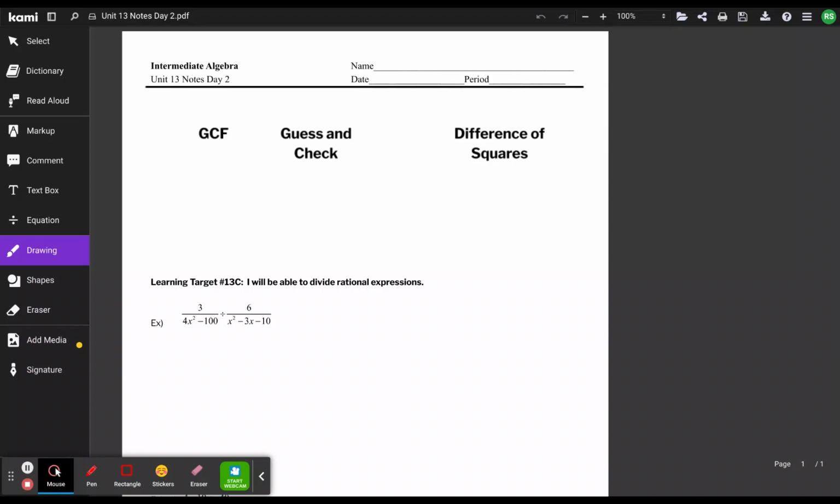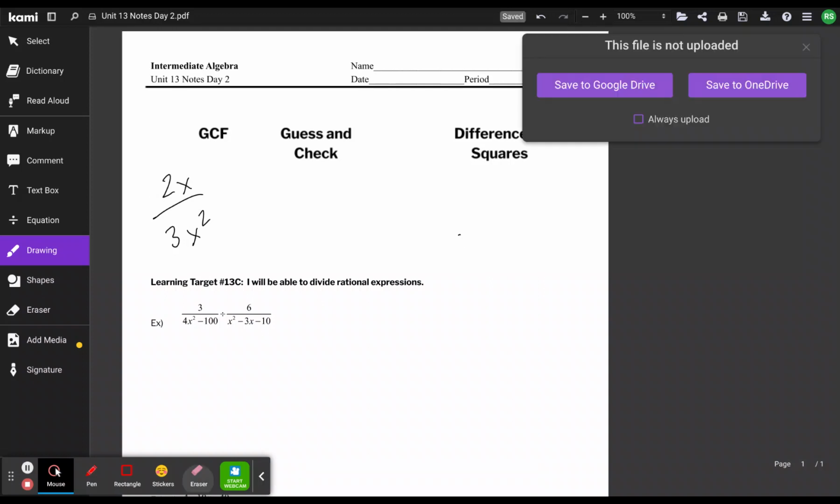Remember, again, what makes something rational is that we have a variable in the denominator. So any rational expression means you have a variable in the denominator. For example, 2x over 3x squared is a rational expression because the variable is in the denominator. If we were to take away